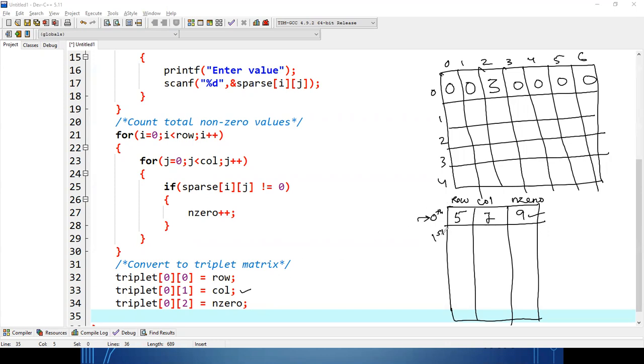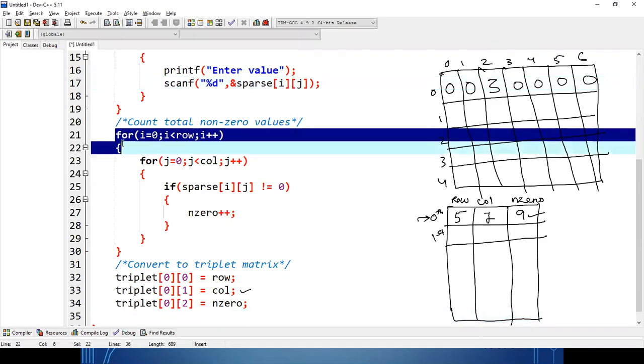Next our target is from first row of triplet matrix. Okay, so what you are going to do in the next section of code, that I'll fill the total number of details of the non-zero value of sparse matrix. Okay, so that means I'll search the entire sparse matrix. Where the non-zero value I'll get, I'll keep the details.